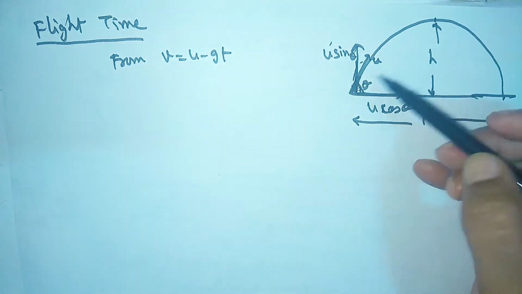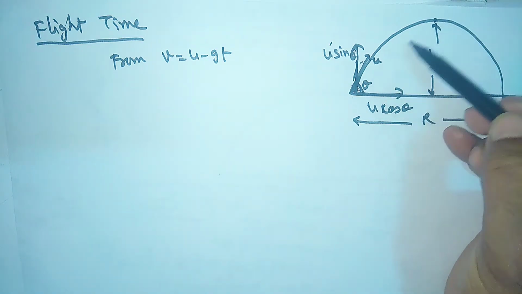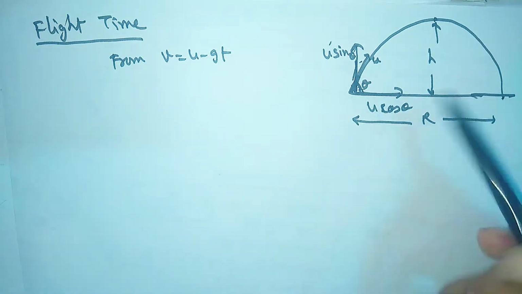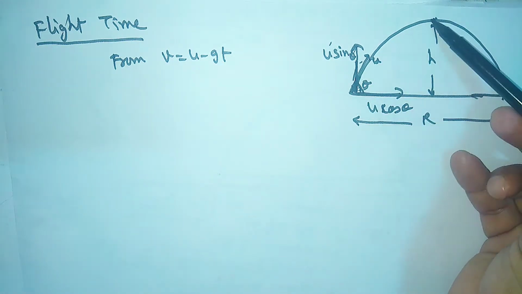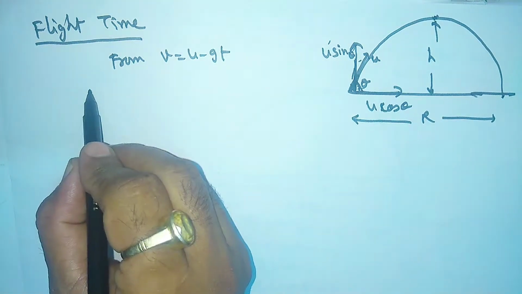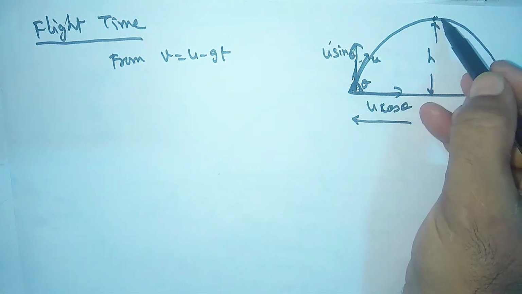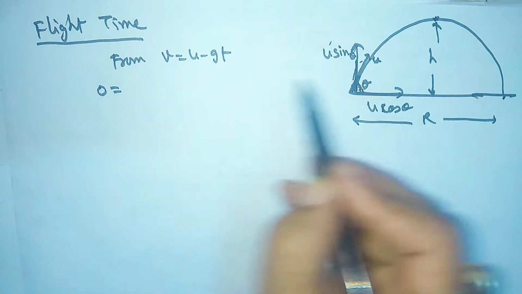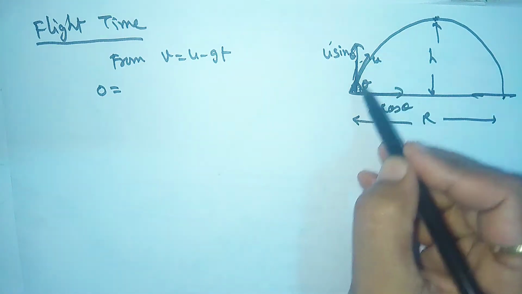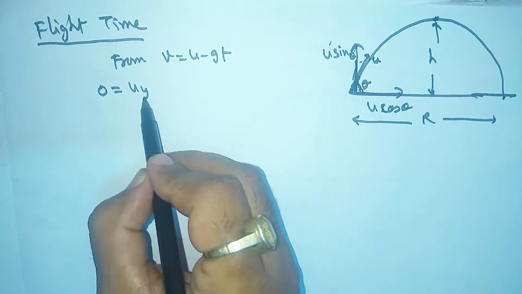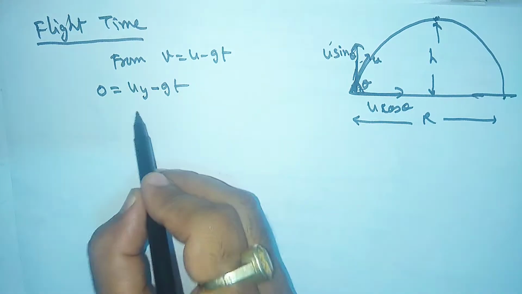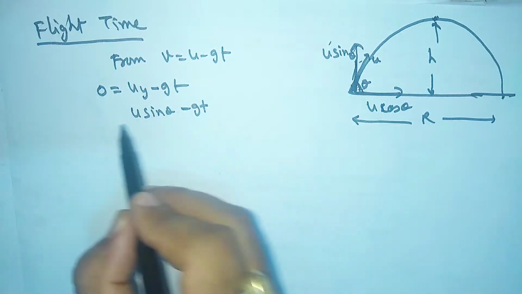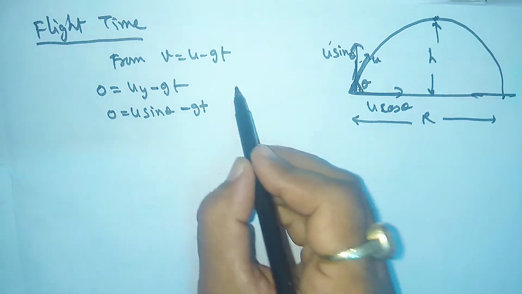Okay, first we'll find the time up to here and then we'll add the same time for the downward direction. So first we will find the time up to the highest point. So v, the final velocity, is 0 when the body is thrown in upward direction. At the highest point the speed becomes 0, so v is equal to 0 here, and the velocity with which the body goes in upward direction is uy minus gt. Uy means u sine theta, so u sine theta minus gt is equal to 0,